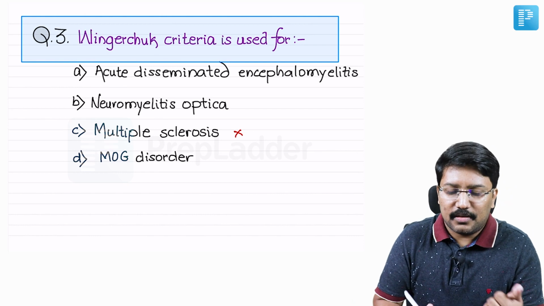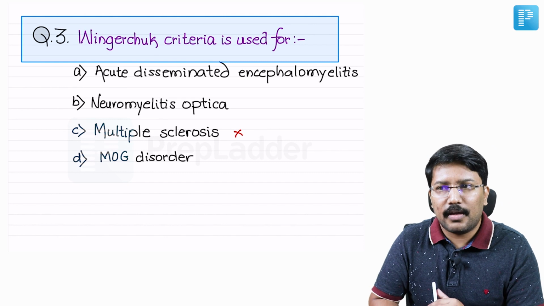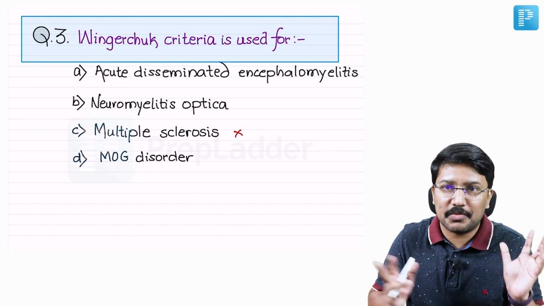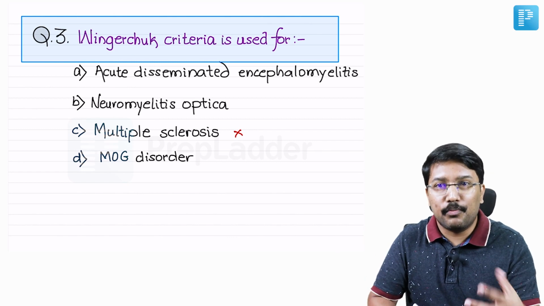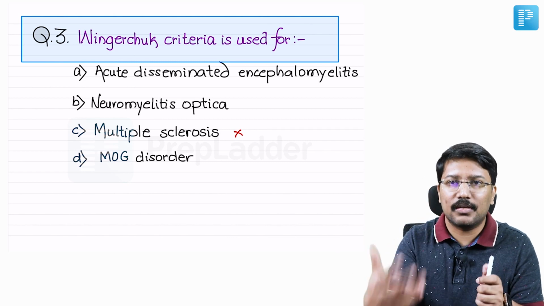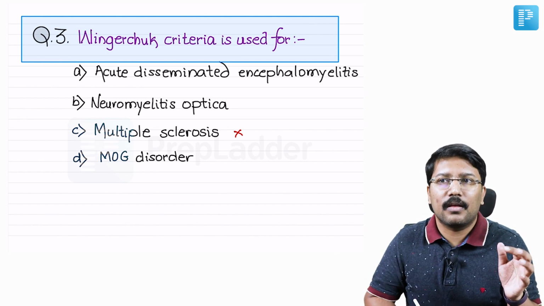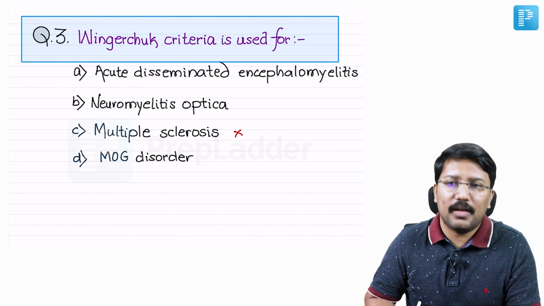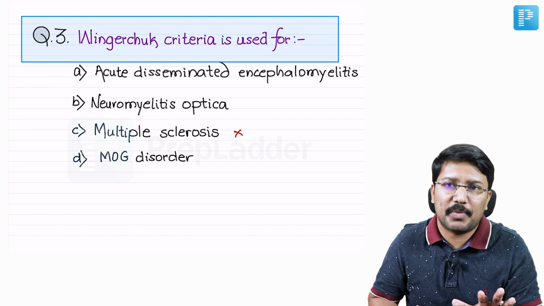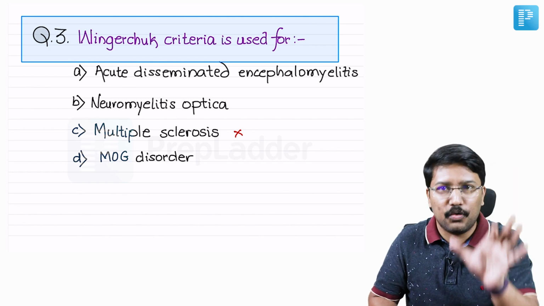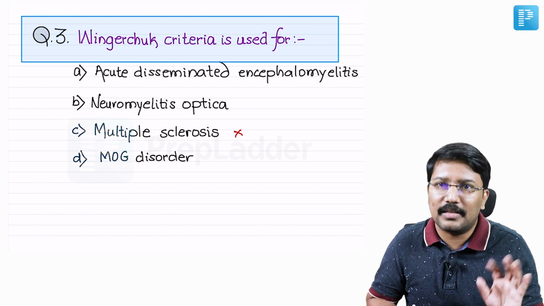Now, differentiating between ADEM, neuromyelitis optica or MOG disorder. If you're a Harrison follower, and if you have heard me in the live sessions, especially on Unacademy or PrepLadder, you might notice that I always tell you, even if the books do not give the name of the author who proposed those criteria, I make it a point to talk about it because there are possibilities that such questions would be asked, right? So if you are following Harrison, you would notice that in the neuromyelitis optica spectrum disorder, the diagnostic criteria, there is a beautiful table, and at the bottom of it, they have clearly mentioned the publishing author, right? That is Wingerchuk.